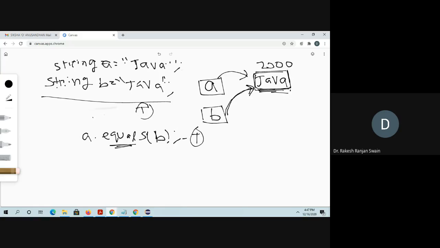Okay, next see. If I am declaring the string using a constructor, then what happens? For these two cases, it is true.